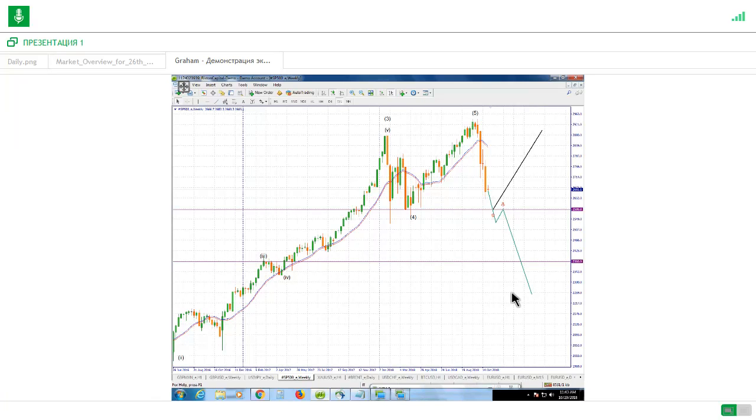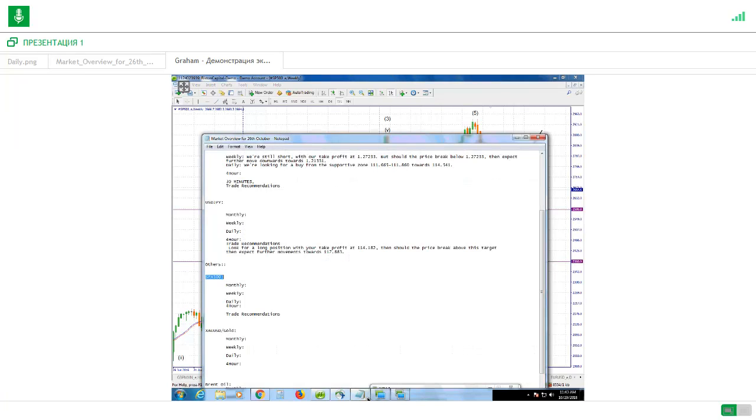Probably it should come up to this place, like that. So if you sold with us previously, then remain short, but have your take profit at 2586.8. That is something we need to say, that we are still short with our take profit at 2586.8,